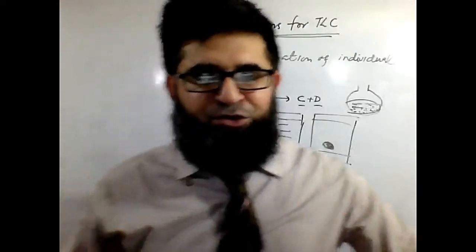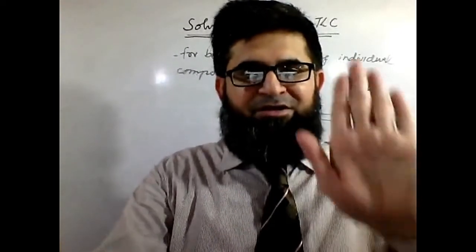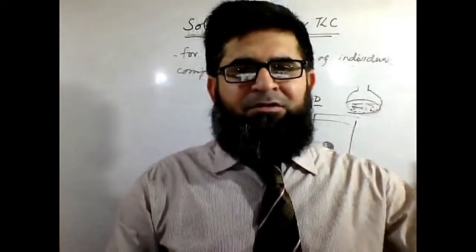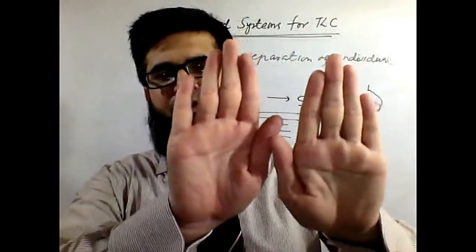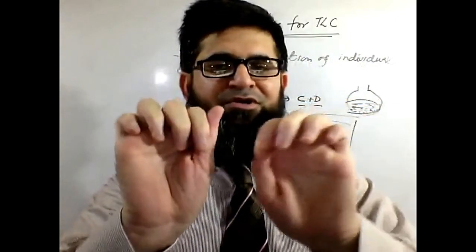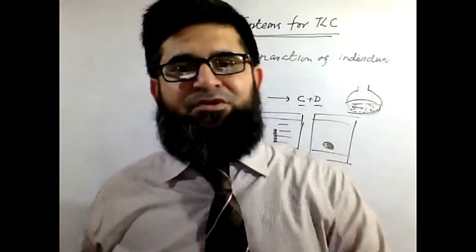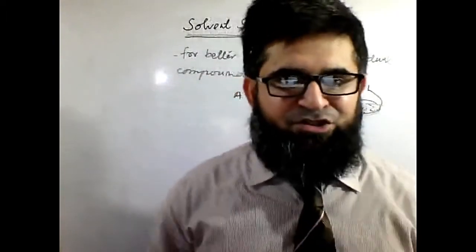After that, you put them together: 90-10, then 80-20, then 70-30, then 60-40. In every one you can see, okay, it is showing 2 spots, the next is showing 6 spots, the next is showing 4 spots, the next is showing 5 spots. So keep them on the bench. By changing the solvent system, you can see how much separation there is, how many spots have been separated from each other.